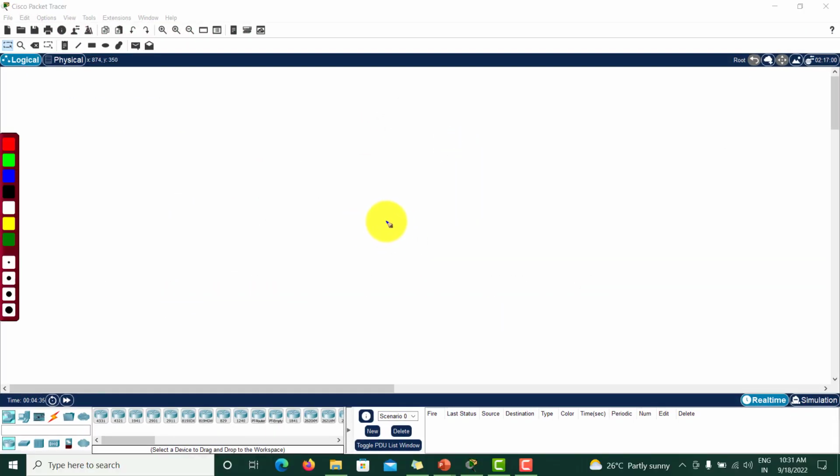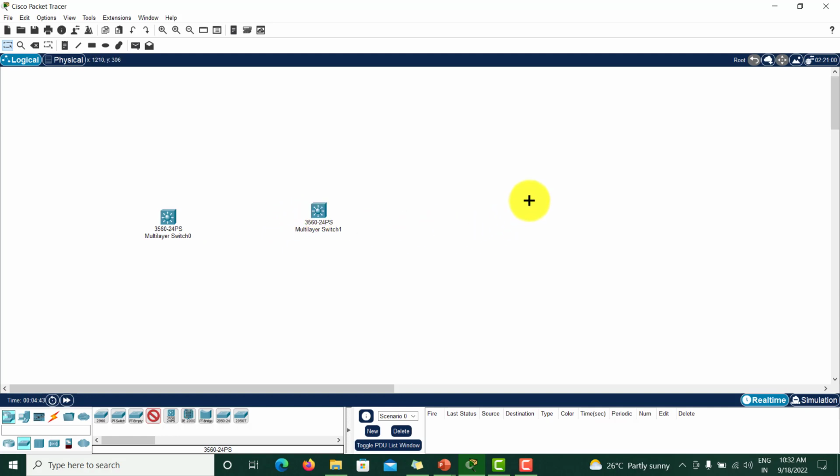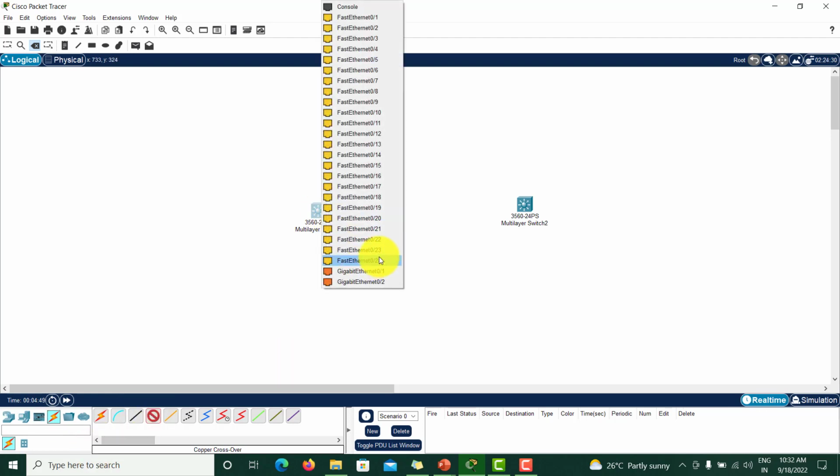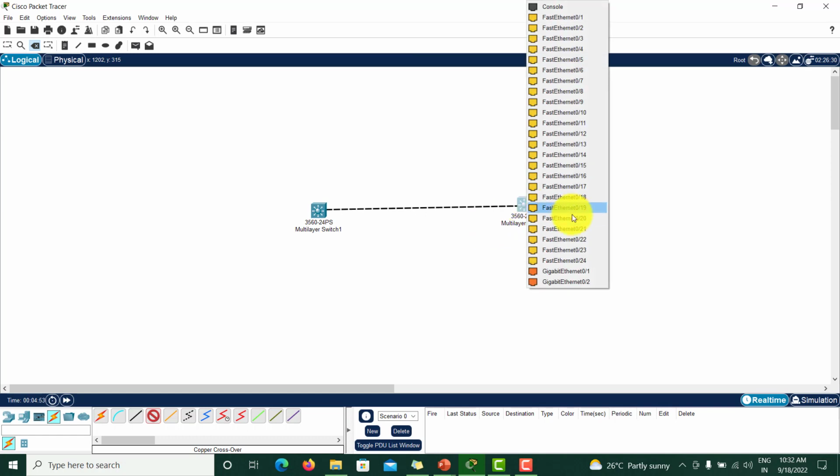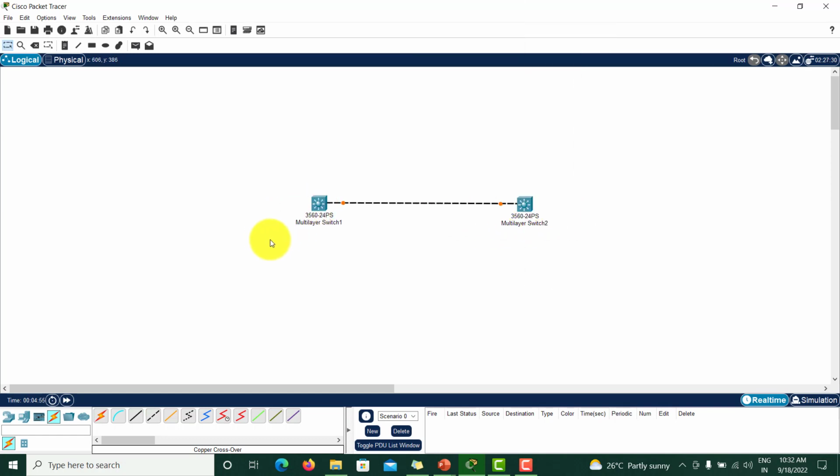Here what I'll do is I'll be taking two switches. Let's say I'll be connecting here two switches, switch 1 and switch 2, and here I'll be connecting the interface called F0/20 on both, and I'll be connecting here two PCs for testing purpose. Okay,